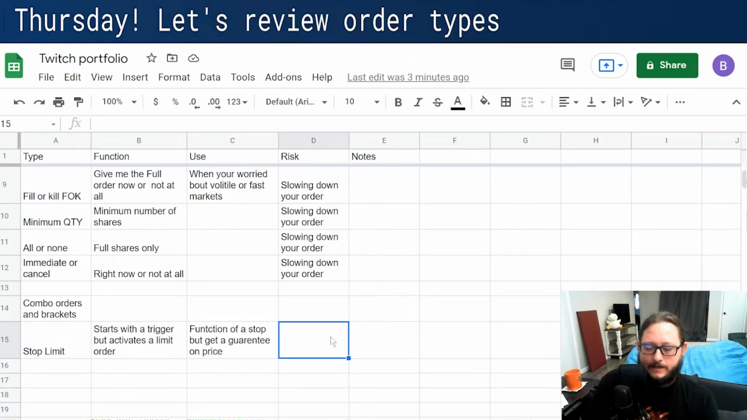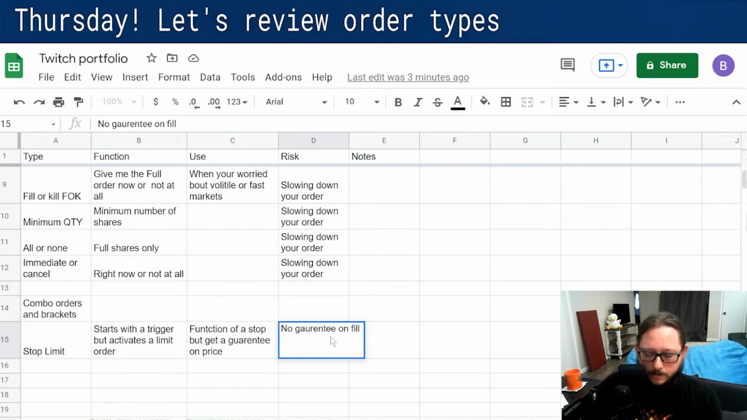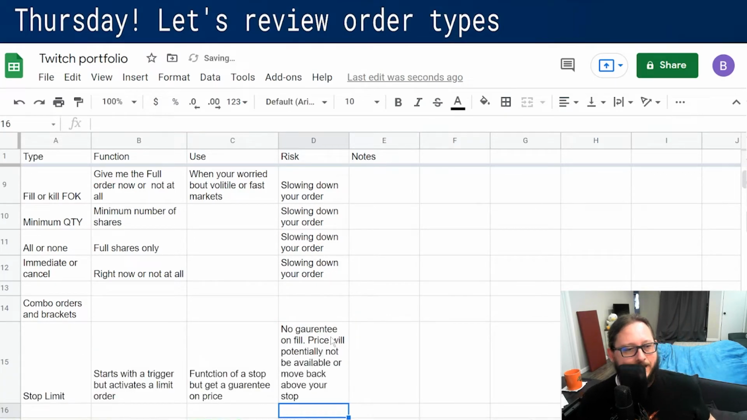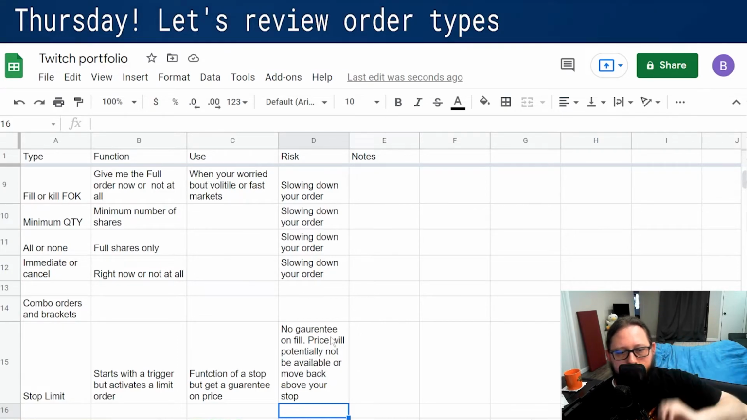Okay, but the risk here still is no guarantee, okay? And the price will potentially, and here's the other risk, not be available or move back above your stop. That's a long note, but whenever I had the conversation with folks on entering stop limit orders, this was my longest conversation with them. So the other risk that I just wrote down there is your price might not be